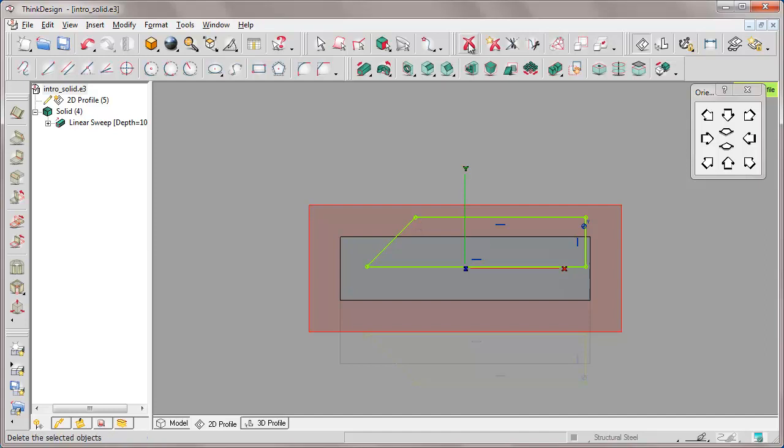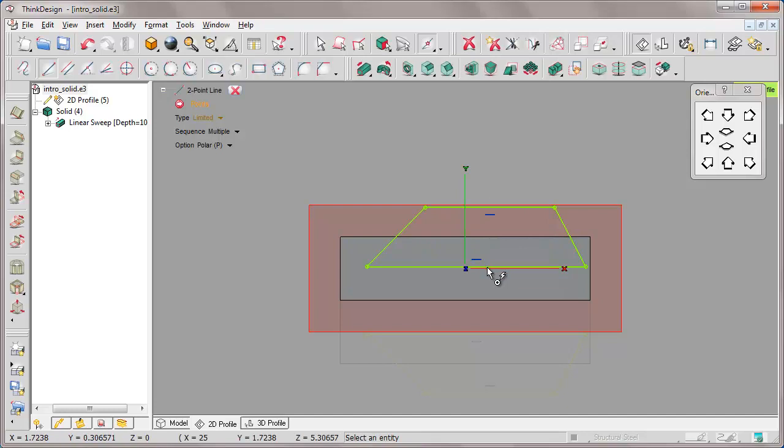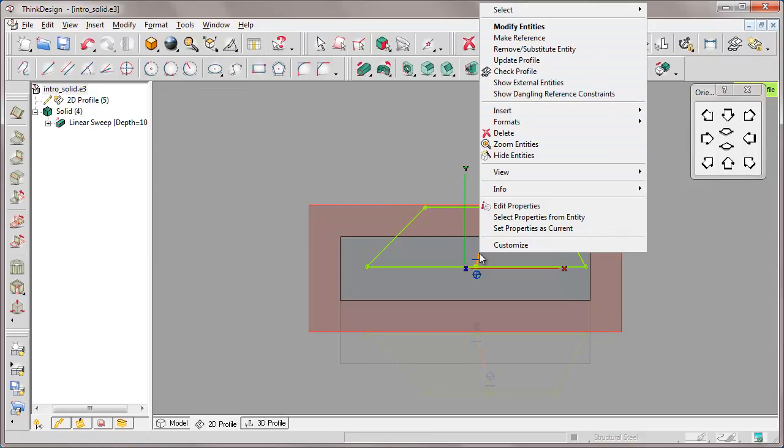We can possibly remove the unuseful constraints automatically added by ThinkDesign based upon the way we draw the geometric entities. Now, we insert a line passing through the midpoints of the horizontal lines because we need an axis. In fact, we select this line and make it a reference.